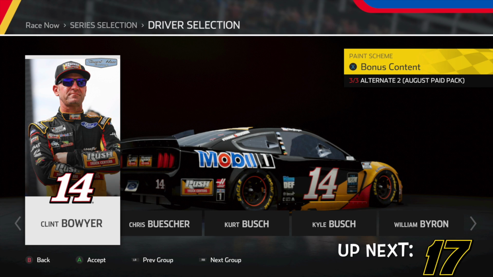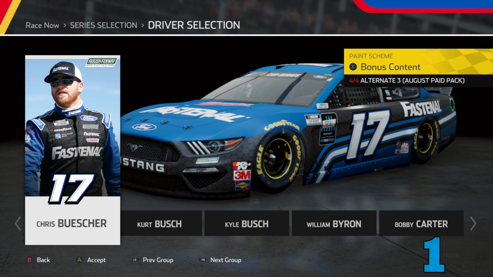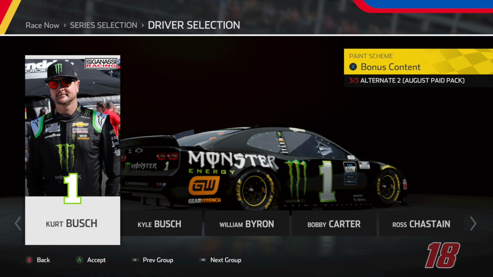Next we have Bowyer, and this scheme is basically already in the game, and the only noticeable change is the Blue-DEF logo and the Real Hero sticker. Same thing here with Buescher's Fastenal scheme. This is already in the game, with the only difference being the Real Hero sticker. This is basically a trend for the DLC that I know for a fact is going to annoy some people